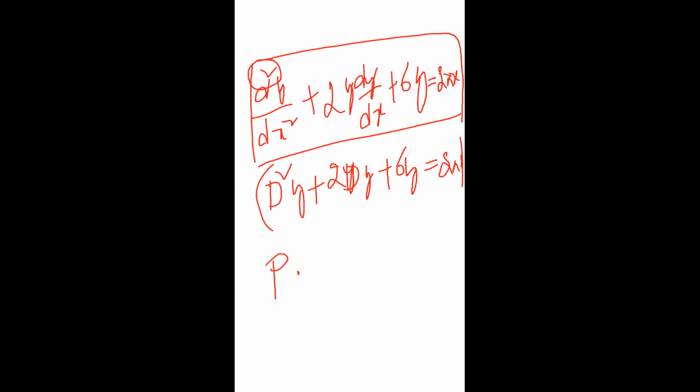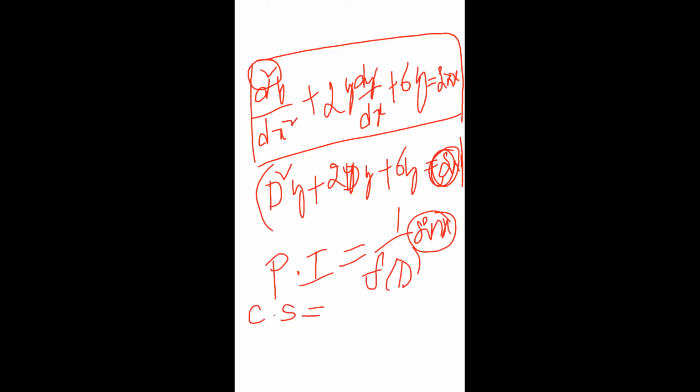After that, we find the particular integral. What is the formula of particular integral? The particular integral equals 1 by f of D, where f of D is the symbolic form, times the right hand side value. Here the right hand side value is sin x. For sin or cos, the trigonometric function, we put D square equal to minus a square. After finding the particular integral, we write the complete solution. The complete solution equals complementary function plus particular integral. This is the process of finding a linear differential equation solution by using the higher order differential equation.